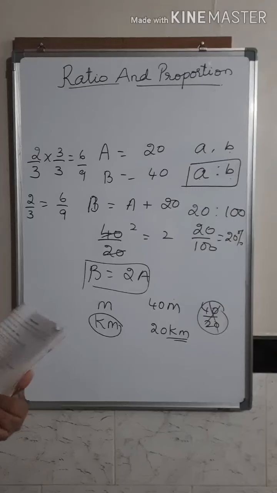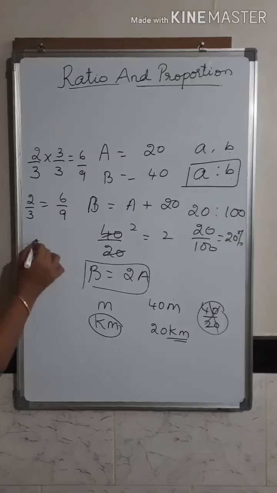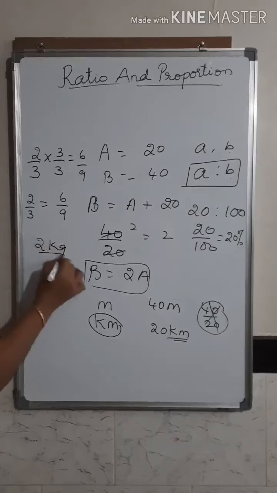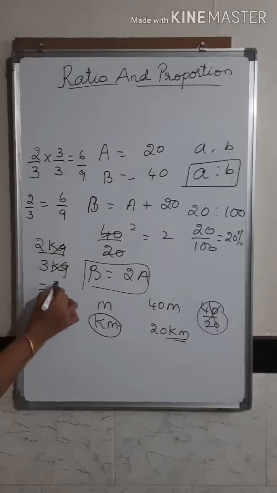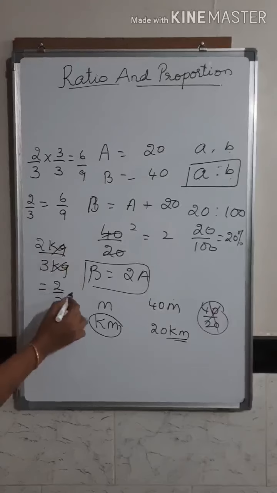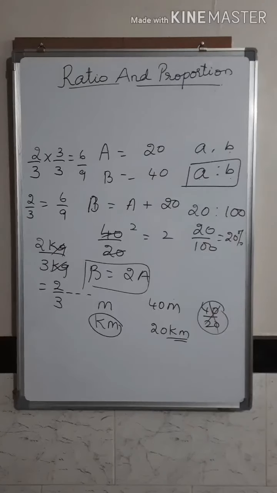Now the fifth property tells that the ratio of any two quantities is unitless. You don't have any unit when you make the comparison of ratios. Now suppose you are writing 2 kgs upon 3 kgs. So this kg gets cancelled and you only write it as 2 upon 3. You don't write any unit beside that. So whenever the comparison between two quantities is done, the ratio of two quantities is unitless.